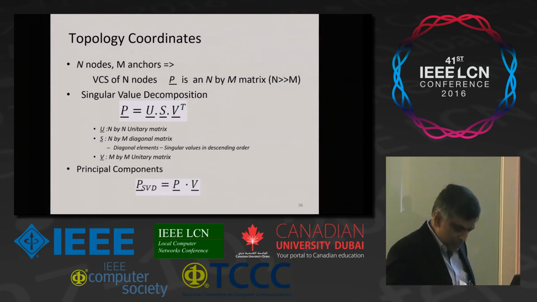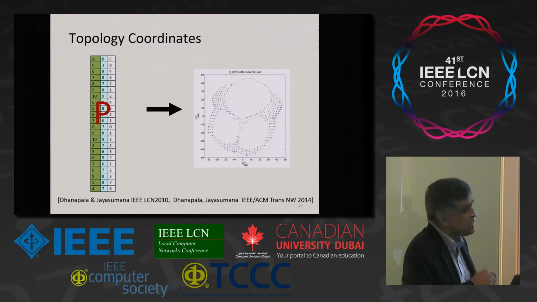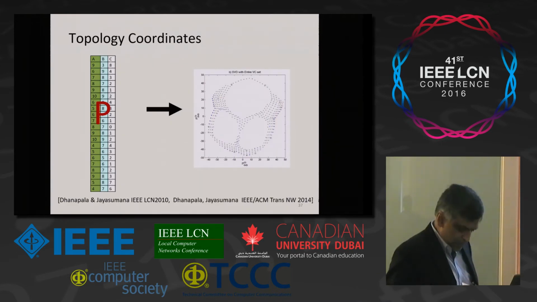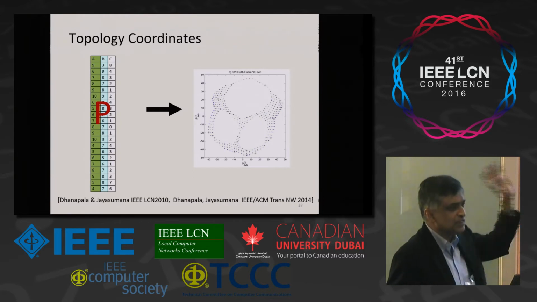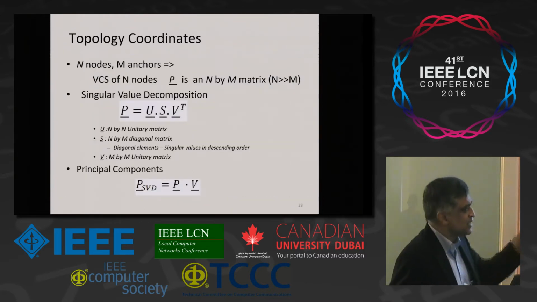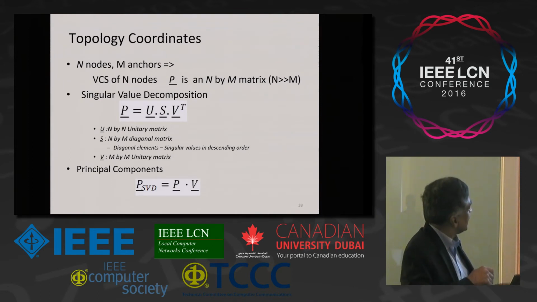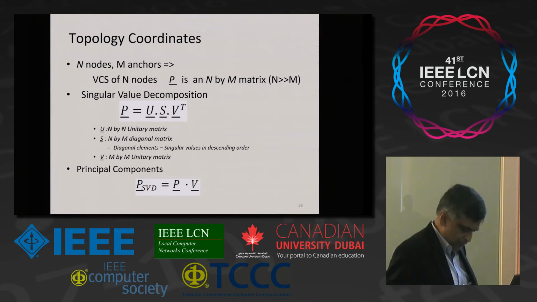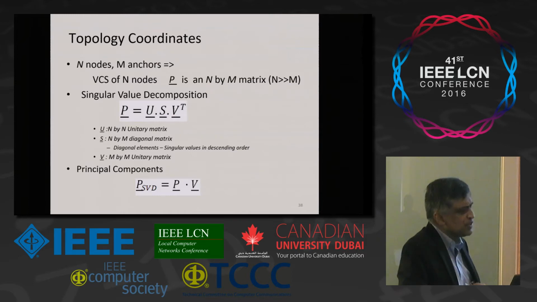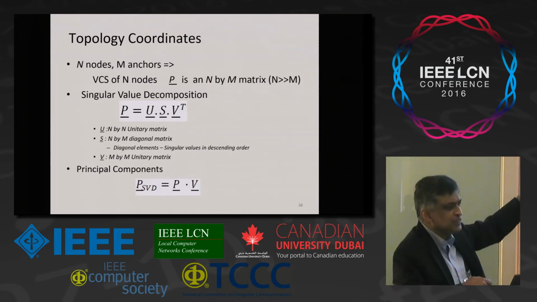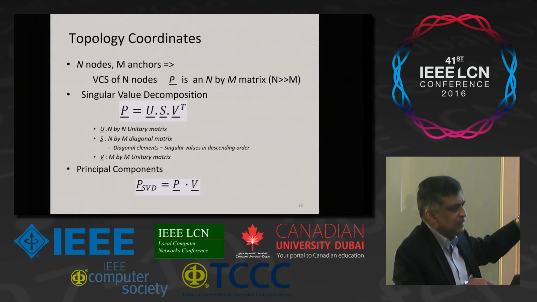So we start with this set of coordinates. There's a matrix. We do a singular value decomposition. For those of you who are familiar with singular value decomposition, it's been around for more than 100 years, a standard operation. So you take this matrix of coordinates, you decompose it, and then you come up with a new set of axes, right? So PCA essentially is, you start with some coordinate system. The axes may not even be orthogonal, and so forth.